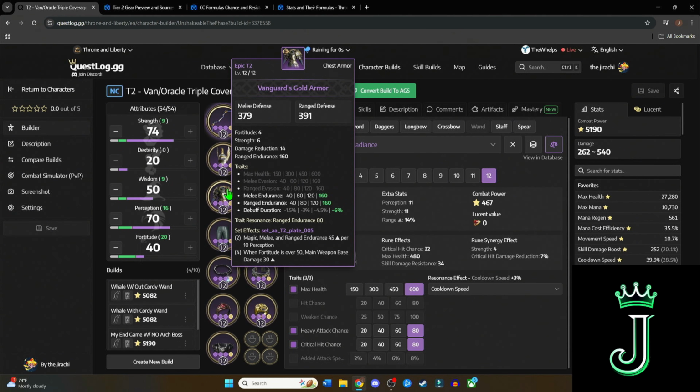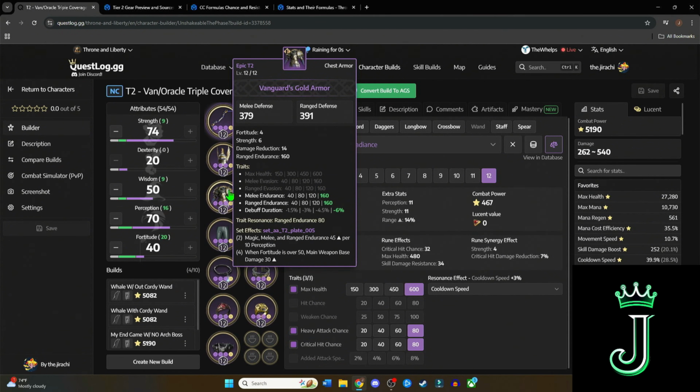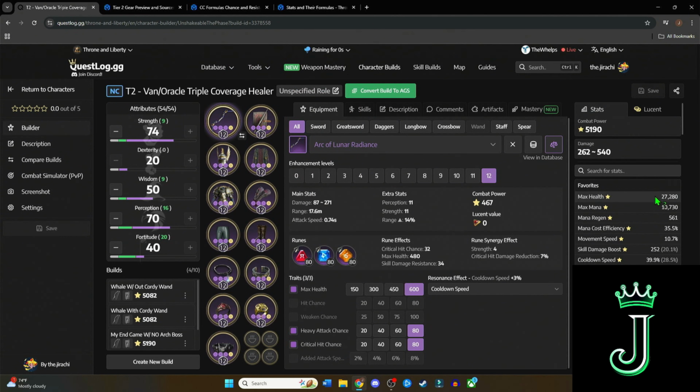We get fortitude, strength, damage reduction, range endurance, and then all of the traits are just awesome, right? And so again, guys, I don't go for max health on these 2 because I'd rather go for the cooldown speed and I'd rather go for the debuff duration. Because realistically, guys, if you just look at the health that I have right now, I'm at 27k, which is